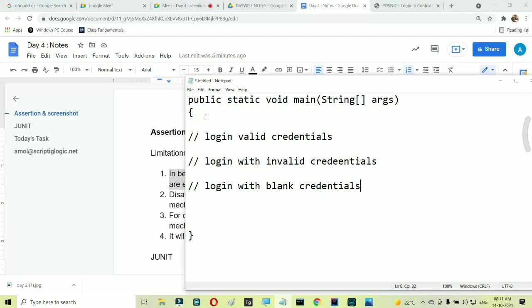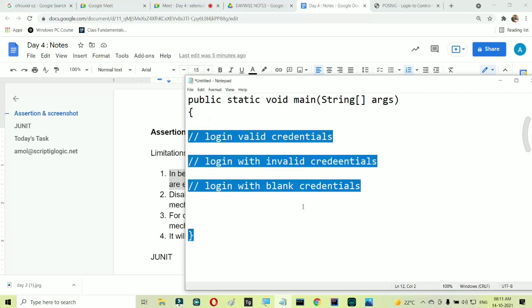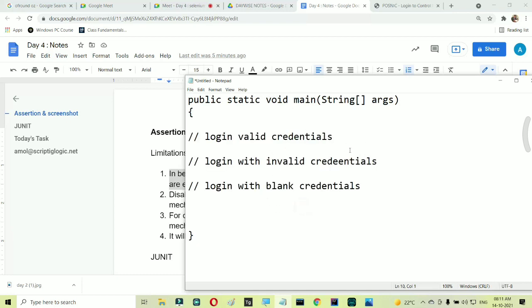Okay. So yes, of course I can write the whole script here, and we can run the main function. But this approach is not a good approach. This approach is not a feasible approach as well, right?